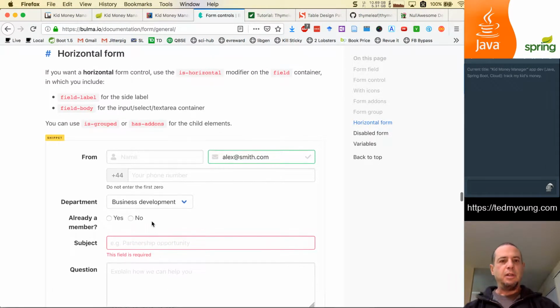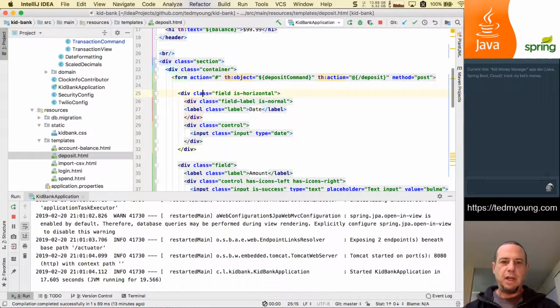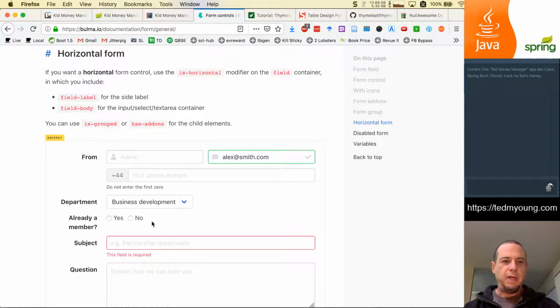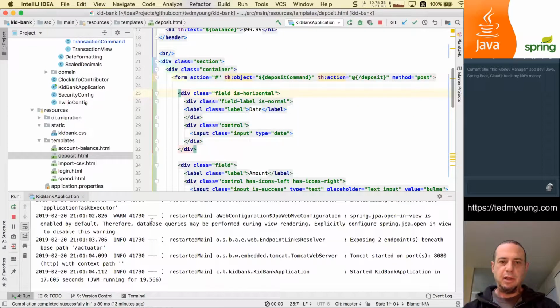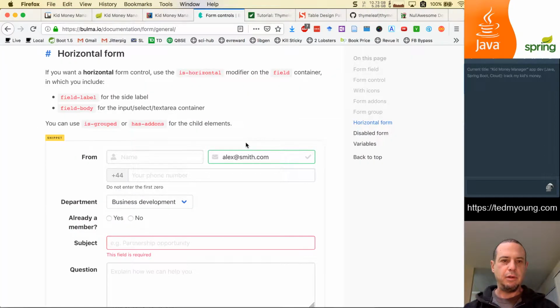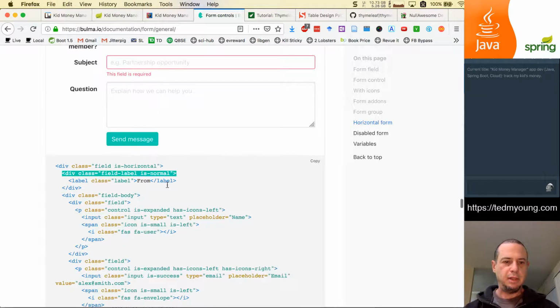Let's see, I want a horizontal form control, so I use the is horizontal modifier in the field container. So that's this thing. And then field body for the input itself. So that is here. Field body. So field label for the side label, field body for the field body. So that's,